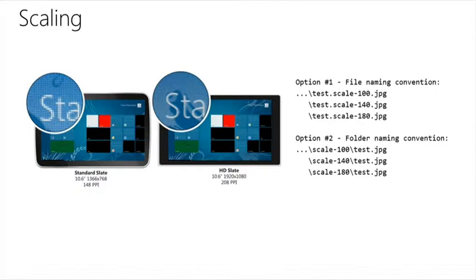So basically, in our UI, if we're looking at the example that's on the screen here, we're really talking about a test.jpg. And we're placing and positioning test.jpg and supplying its dimensions and its locations on the screen and so on. The system has the ability, based upon its understanding of the DPI of the device, to determine whether it needs to scale up or scale down that image. We can use a naming convention, as illustrated here, scale-100, scale-140, scale-180, to supply